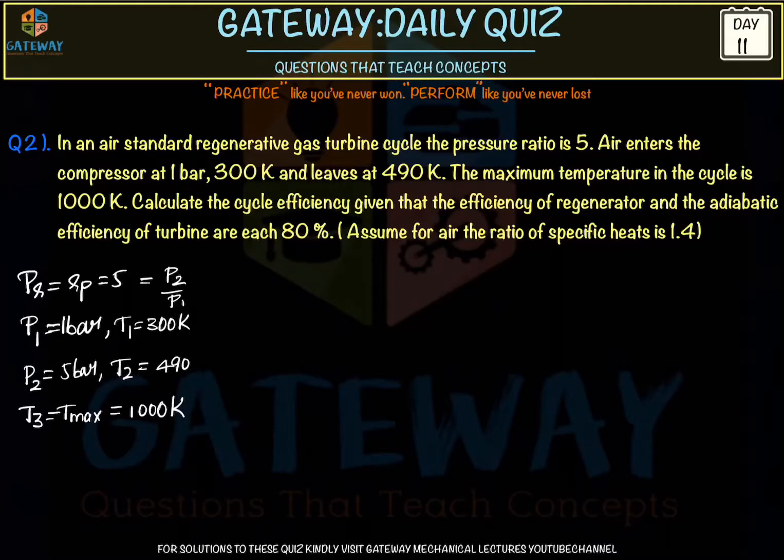Now we need to calculate all the data required. So before that, we will draw the TS diagram for this. For drawing the TS diagram, this is the T and this is the S. Since it is a gas-operated gas turbine, we don't have any phase change, so there is no need to draw the saturation curve. And we know the processes in the Brayton cycle. Thus we can represent them.